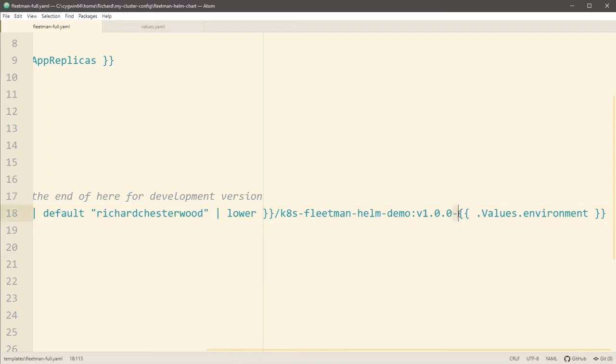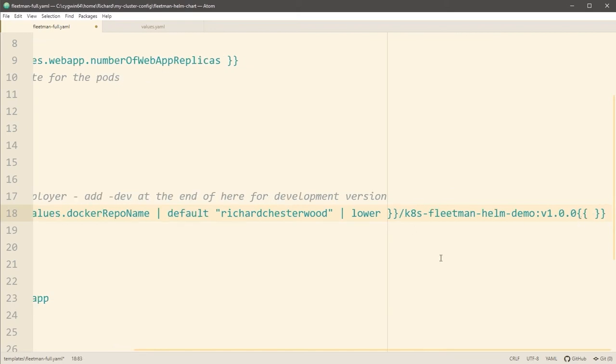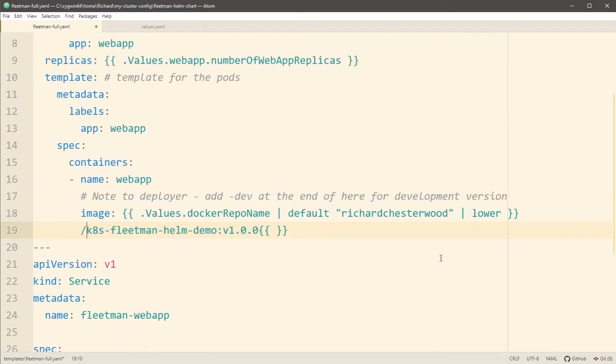Let's delete what we were trying here. So I've moved things back to where we just have the bare tag v1.0.0, which is what we want if we're in production mode. But if we're in development mode, then we want to append an extra string. I realize I'm at the end of the screen here. I'm just going to temporarily drop the image part onto the next line, and then I'll move it back up shortly. Again, we are in standard Go here, and there is an if statement in Go.